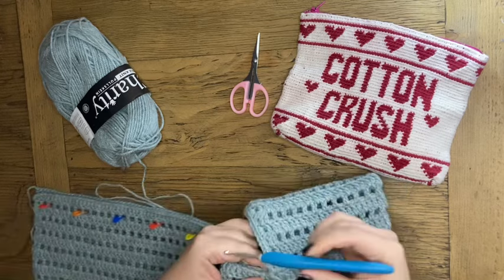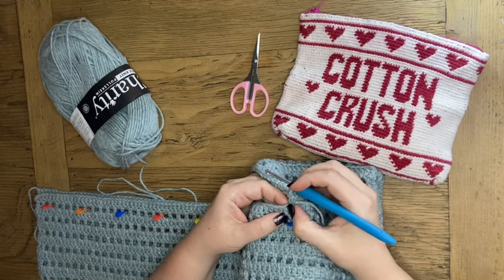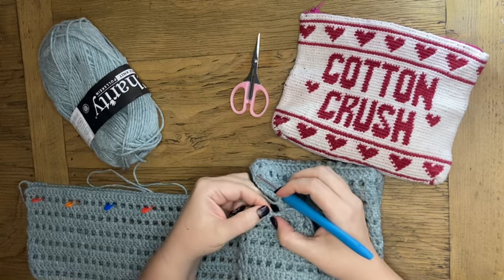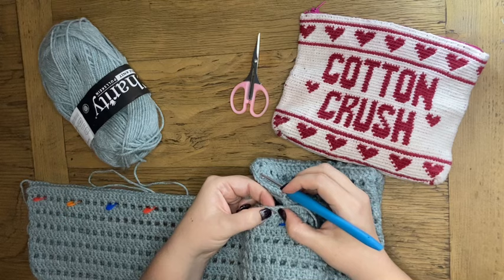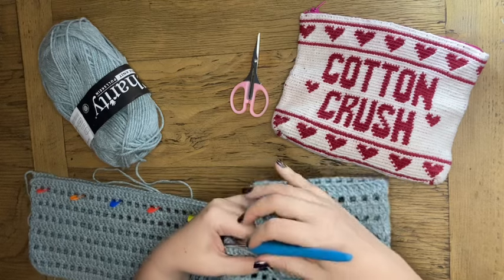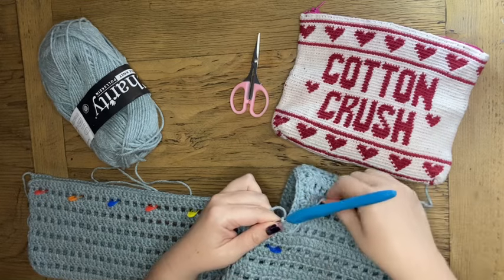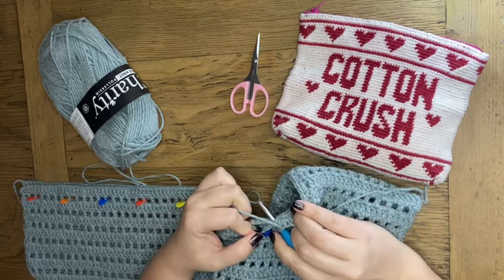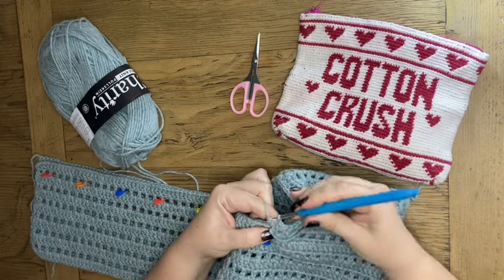I am going to work my single crochet stitches in between these stitches. So instead of going into the starting chain there at the top, I'm going to be working in between those stitches. First I'm just going to get this tail out of the way, and then I'm going to work into this corner. I'm going to work just 1 single crochet stitch, so yarn over, pull through, and then yarn over,